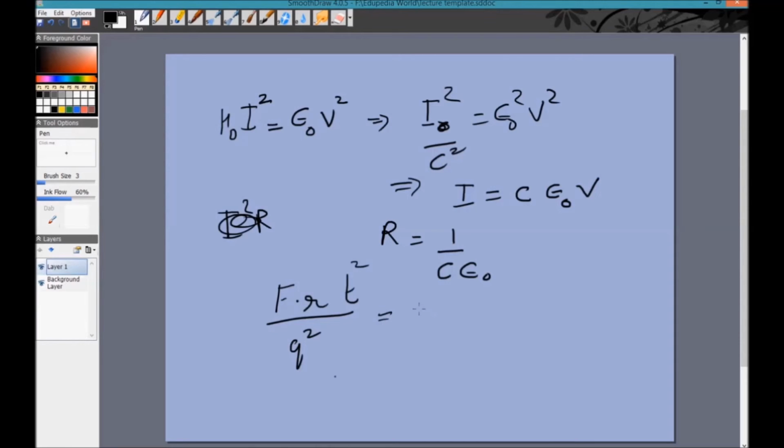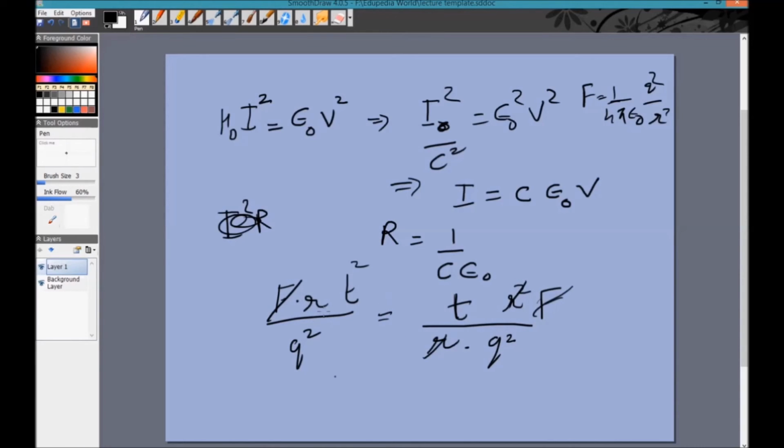We want to find if this is equal to 1 by c epsilon naught. 1 by c will be time per distance, so basically t by r, and epsilon naught we can get from the standard equation. F is equal to 1 by 4 pi epsilon naught q squared by r squared, which gives me epsilon naught is equal to q squared by r squared f, right? So f cancels, r squared cancels,